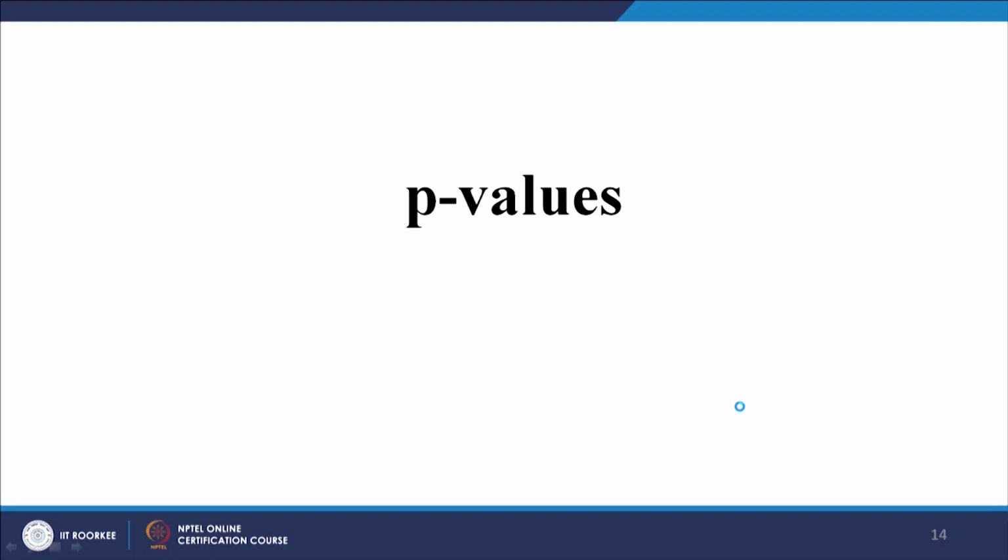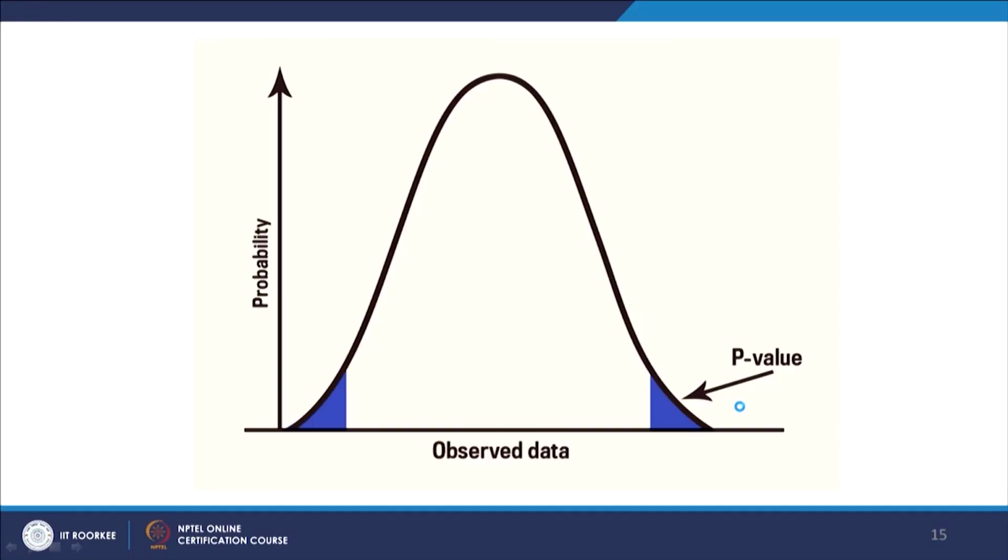P values I think we have already explained, this is just a repetition of the slides. So, just to show you again, this is the dividing line, these are the two sides. We have kept this earlier also at 5%, maybe 2.5% and 2.5% for a 5% case.